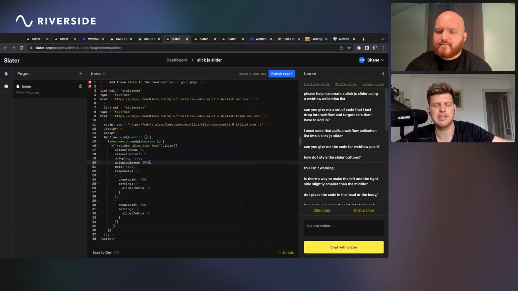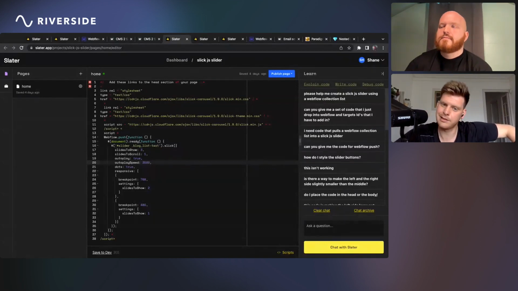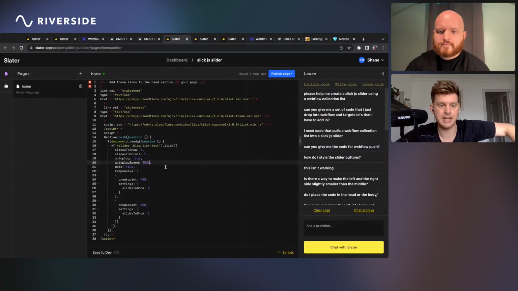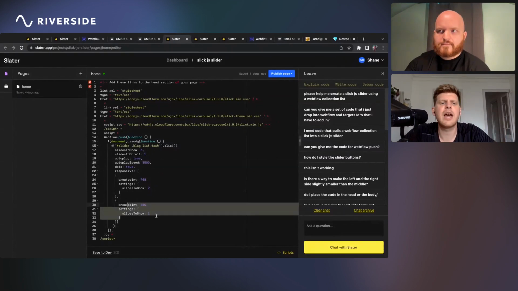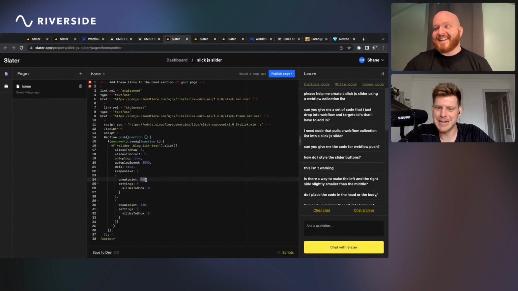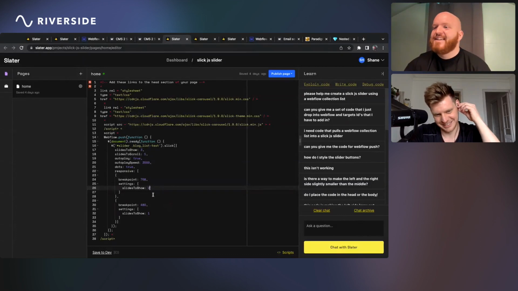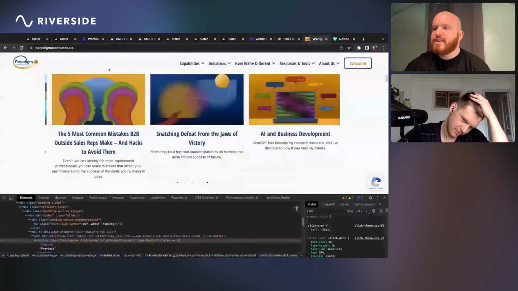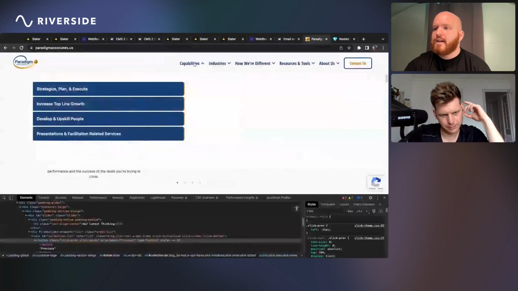I was thinking this would be a bit of a faff if you had a client that wanted to change that CMS content, like, we want to have 20 different slides, and you'd have to change that. But actually, what you're saying is that it's only showing three. And then, how did you make this responsive? It actually came responsive. If you notice these breakpoints here, it looks for a pixel width, and then you can change the number of slides to show.